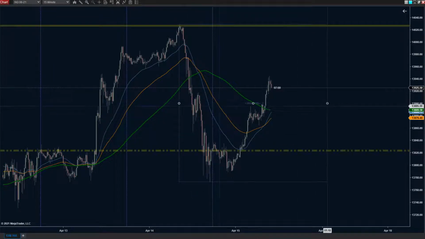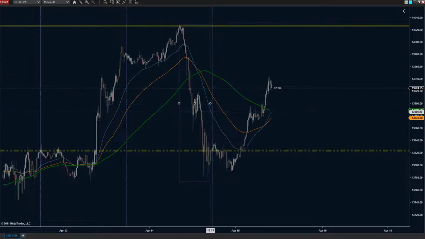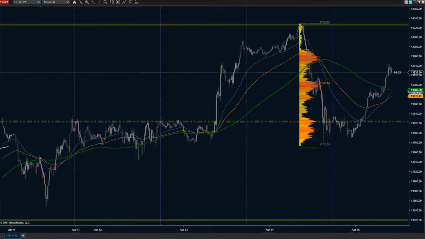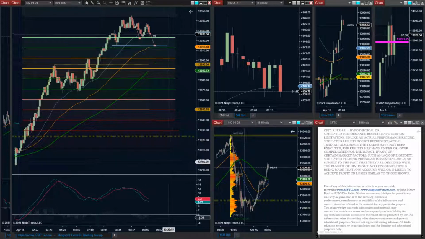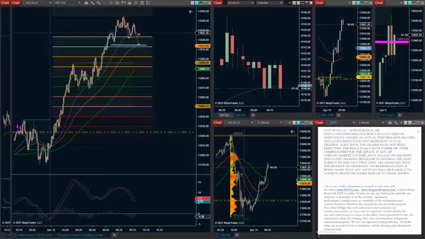If we extend this a little bit further forward, let's see if they shifted the POC. They did not. It's still there. Wow. All right. 13,900. NASDAQ pulling back a little bit further. We've got about 6.5 minutes or so, 7 minutes until the open. It's right around the corner.